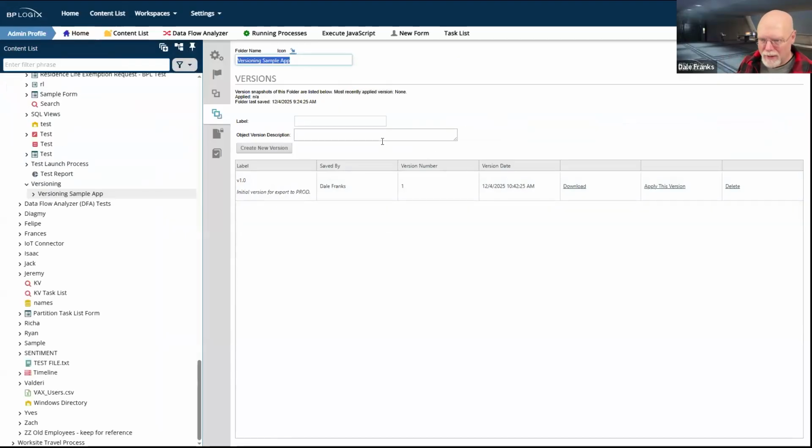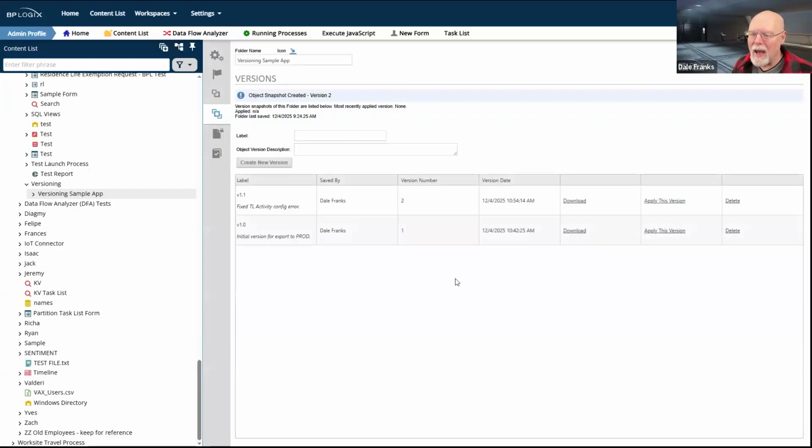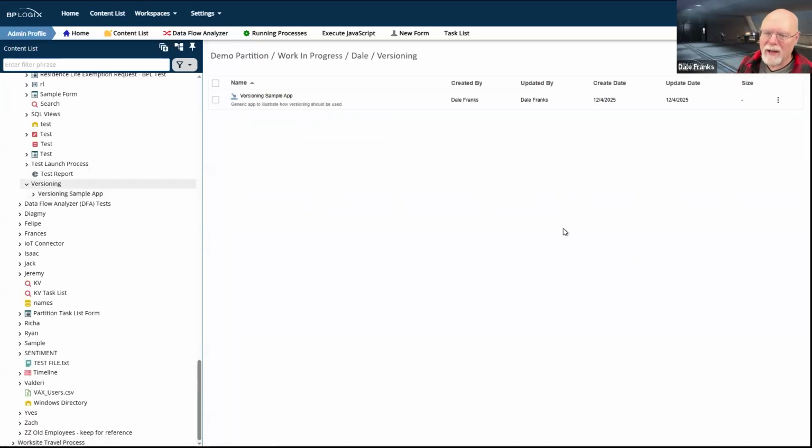So now I'm going to need to go into dev. I'm going to need to make whatever little changes I made to fix that error. We'll call this V 1.1. And tell me why I'm making this version. We'll create my new version. Yay. So now I'm on version 1.1, or version 2, if I just go by the integer number. That's fine. We'll hit OK, save everything.